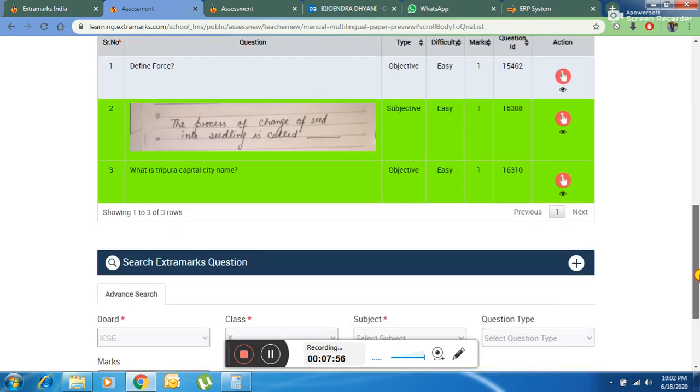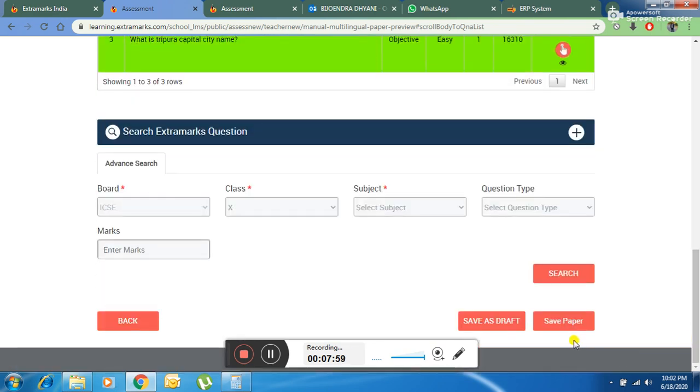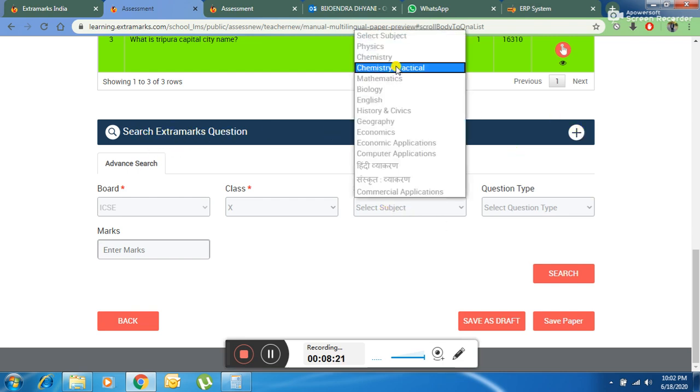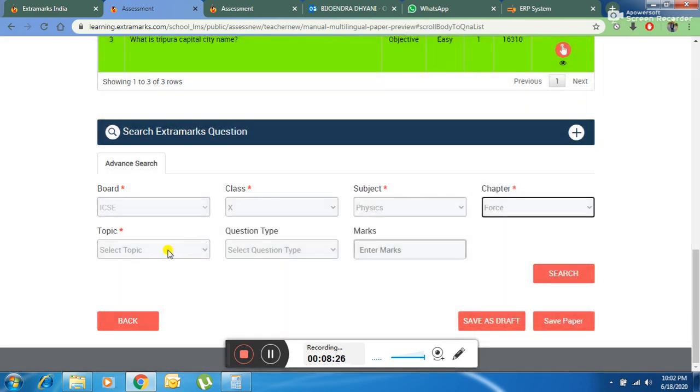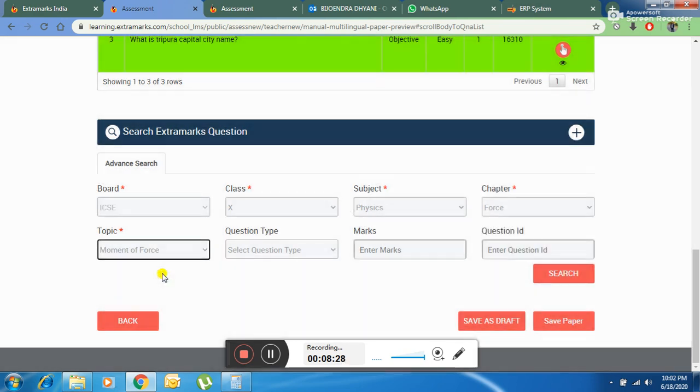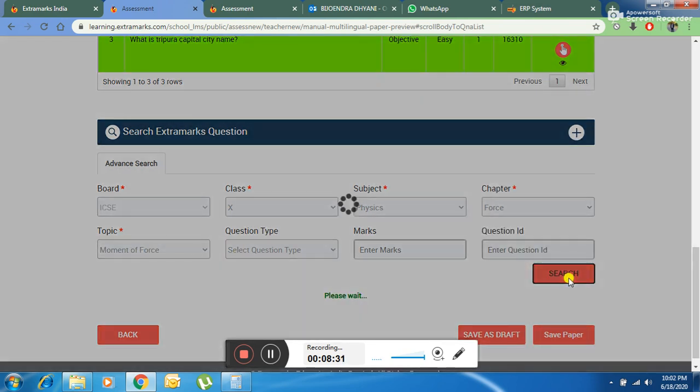I will scroll down, down I will come and I will click on save paper. Okay, but before save paper, I want to even show you how you can select extra marks repository also. It's not compulsory that you have to design that one. You have to take teachers repository only. So to search extra marks question, you have to click on this plus, and subject I will select physics, chapter I will select force, topic I will select moment of force, and I will search.